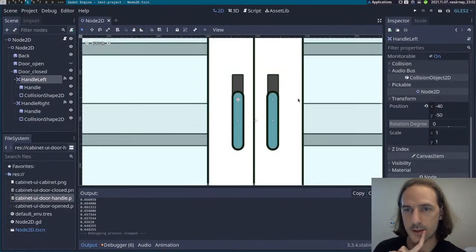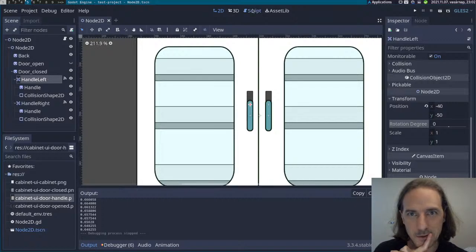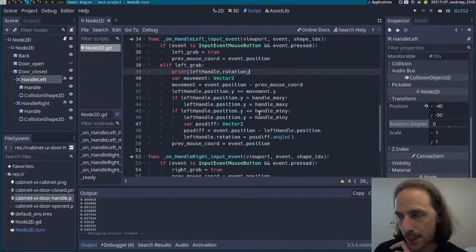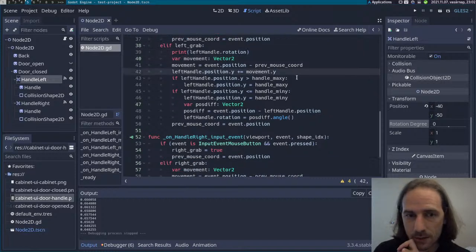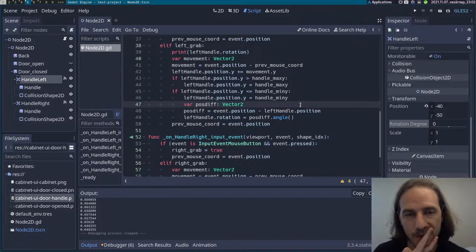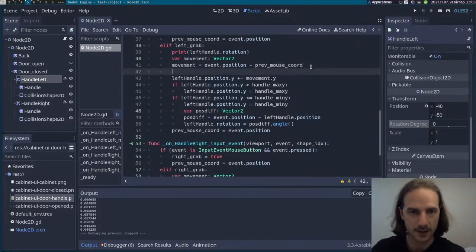Okay, let's stop this. What the hell is going on? Movement, left handle position, yeah, so probably... Okay, so the thing is that once the handle is rotated, I don't want it to move up and down